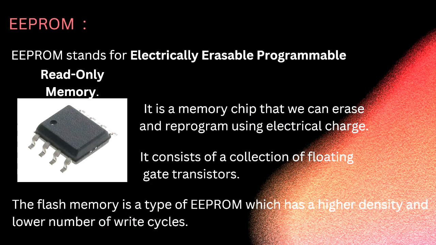So the next type of memory is double EEPROM. Double EEPROM, electrically erasable programmable read-only memory, is a user-modified ROM. It can be erased and reprogrammed repeatedly by applying an electrical voltage that is higher than normal. Double EEPROM is a type of non-volatile ROM that enables individual bytes of data to be erased and reprogrammed. That is why double EEPROM chips are known as byte erasable chips. Double EEPROM is usually used to store small amounts of data in computing and other electronic devices.